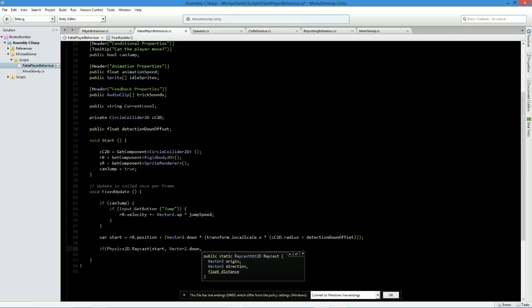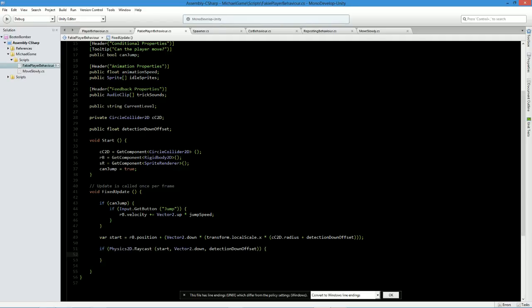And then our... I think I'm missing something here. Distance. What am I thinking of? I feel like I can just use the offset. Yeah, I can just use the offset. That's fine. I was looking through my notes and I was like, do I have to do that? I don't think so. And then